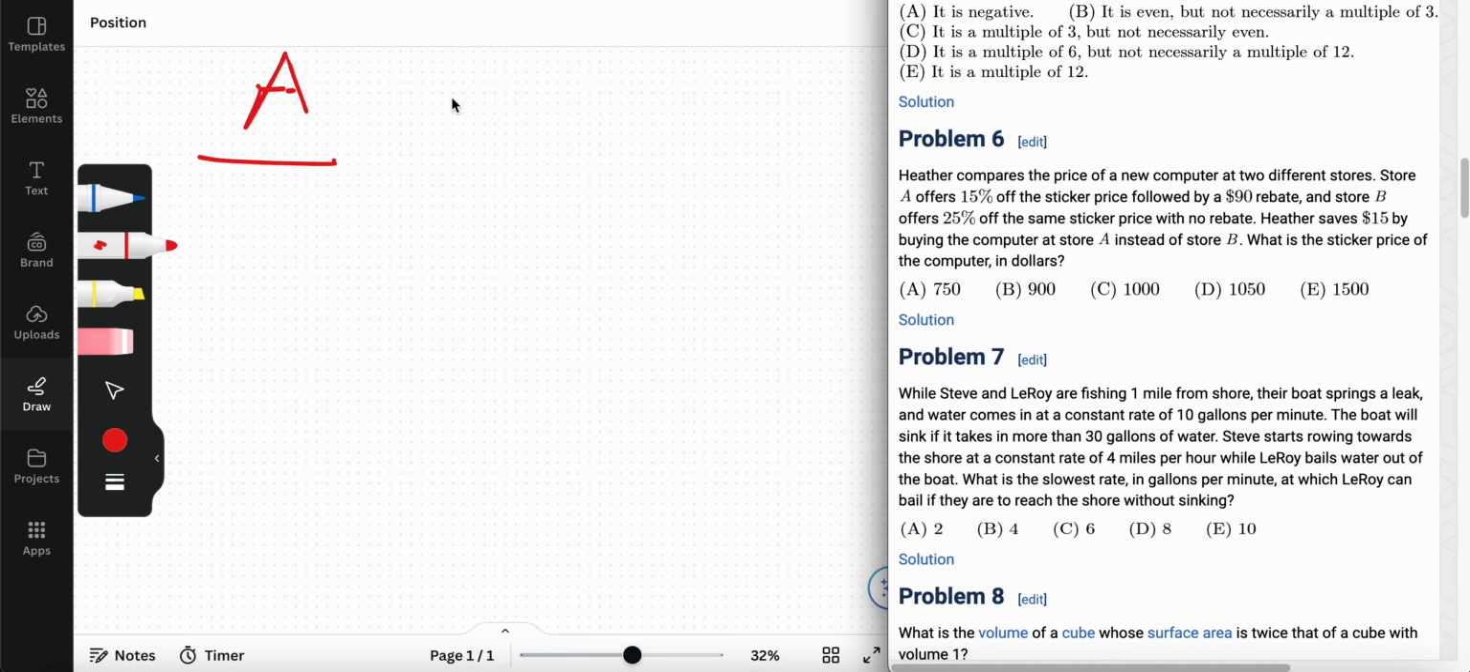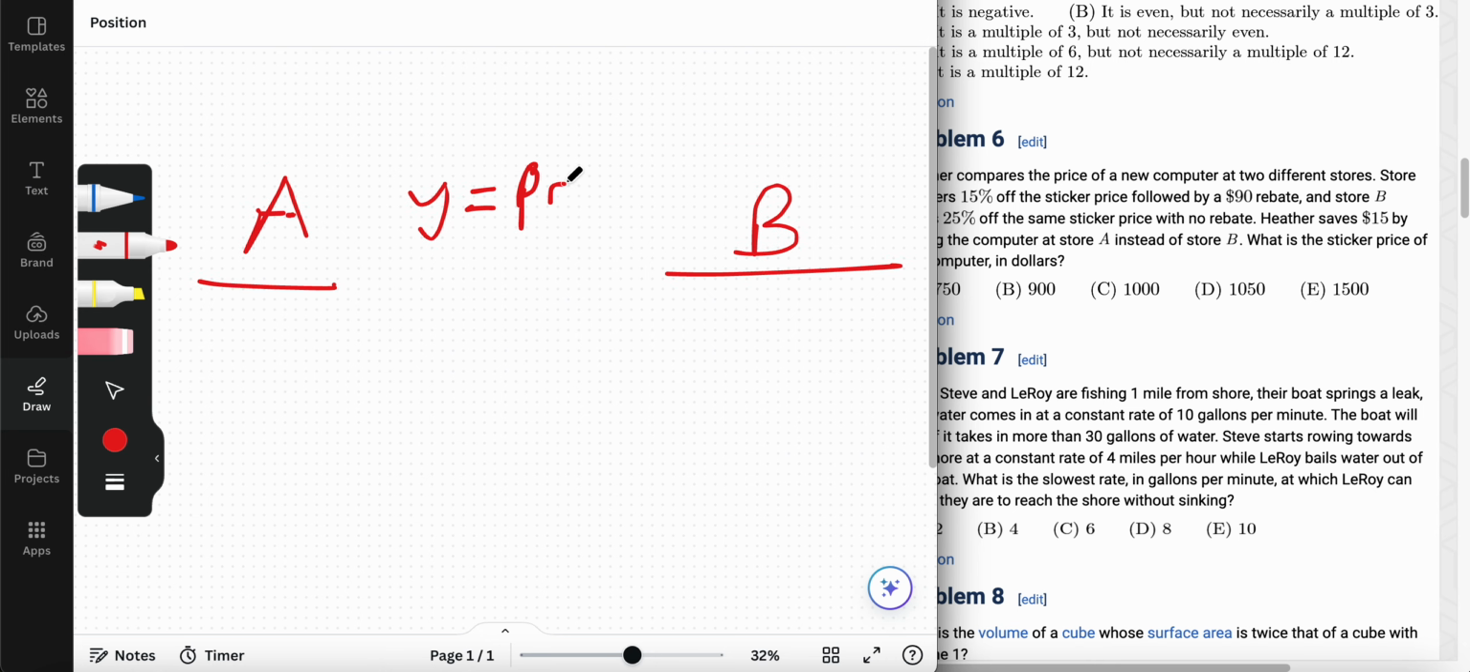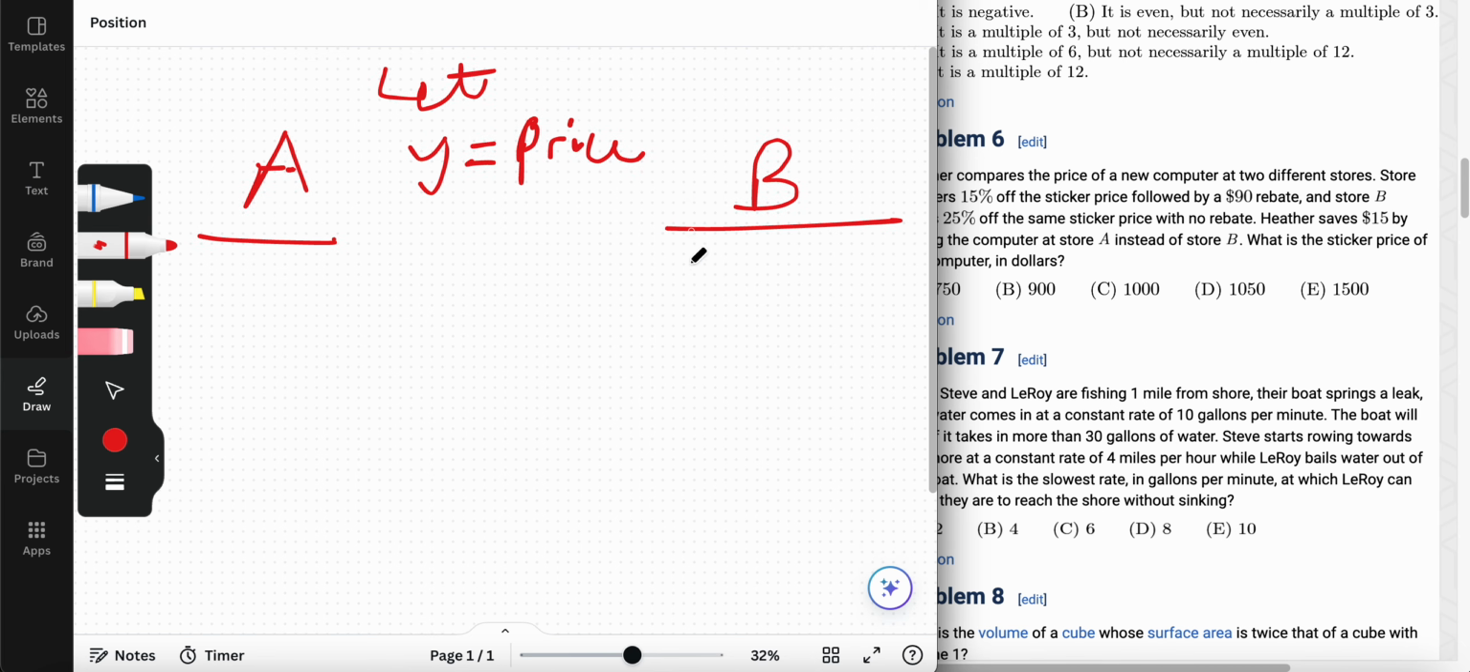Okay, let's say the sticker price is Y, right? Let Y be the sticker price. I'll do B over here, and then Y is my price. Let Y equal my sticker price, okay? So